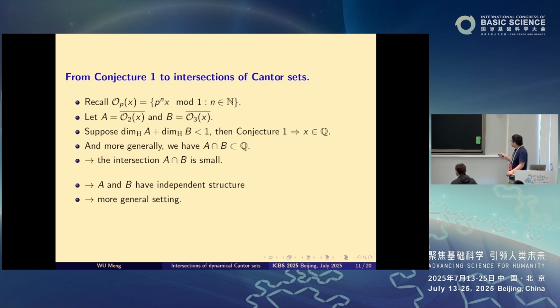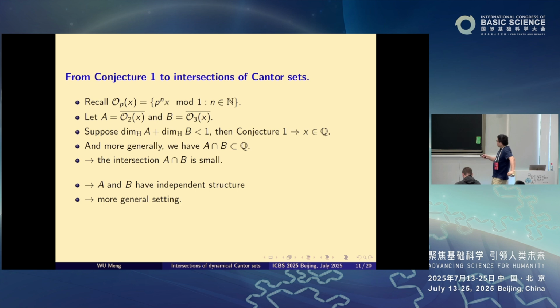So let's see why this orbit conjecture is related to the intersection of Cantor sets. Recall that we have this orbit, and now we take x, an irrational number, and look at the orbit closure of x, which we denote by A, and the orbit closure of x under times 3 by B, and suppose that